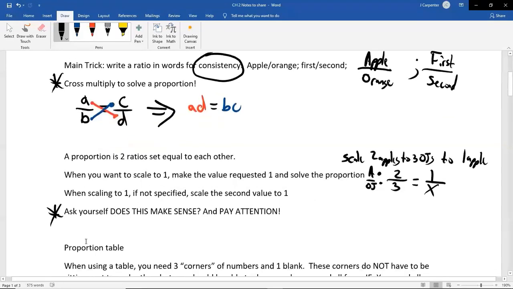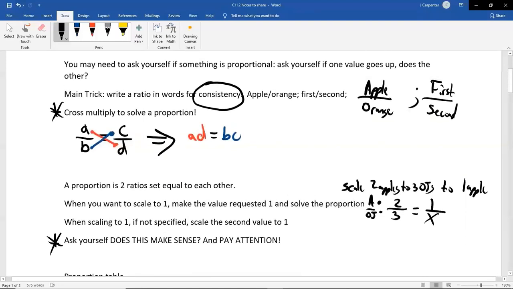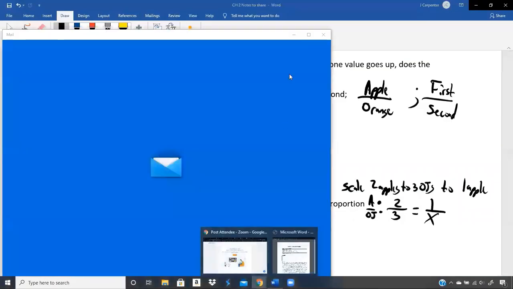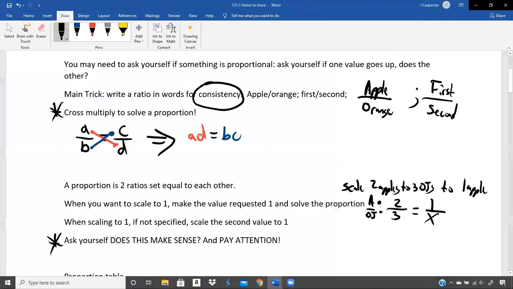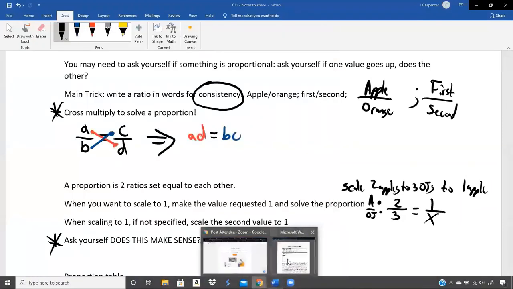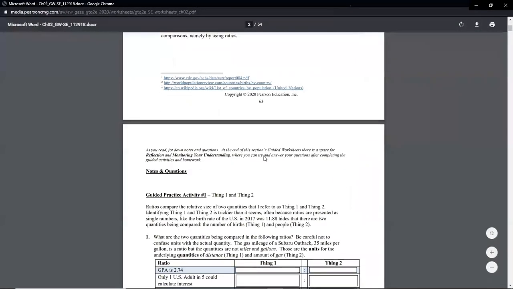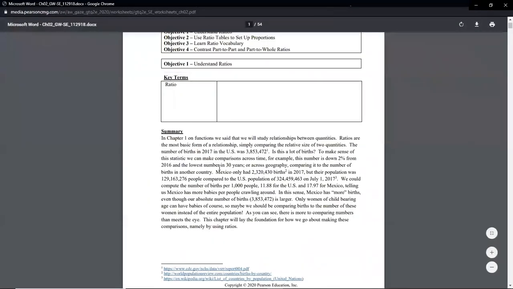Before we get into this proportion table, let's go ahead to the guided worksheets. Oops, wrong window. There it is. Nice little summary. You can read this on your own. We don't have the time to get into all that detail, but it talks about the main point of this